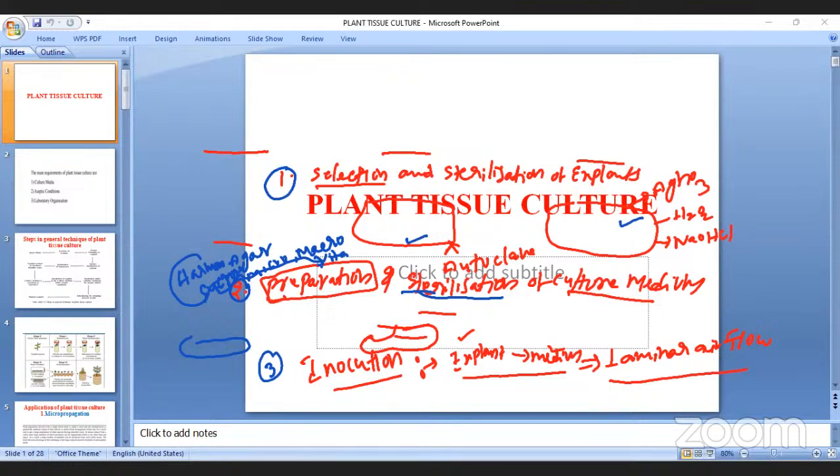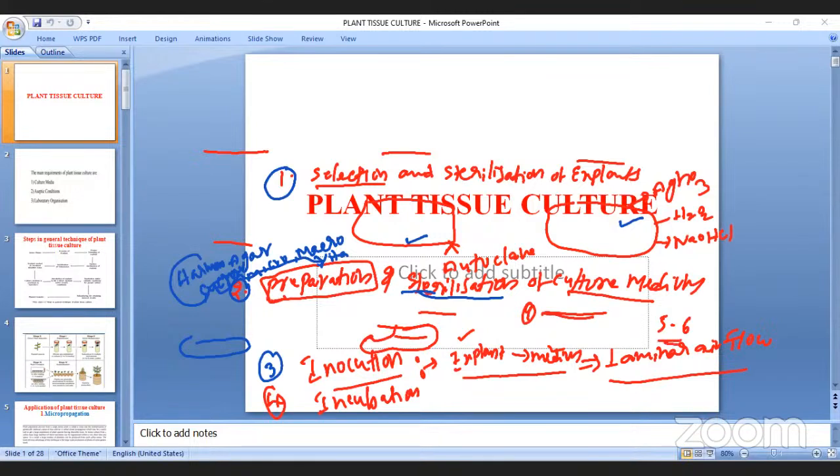Now the fourth step is incubation, under suitable conditions for proper culture. So cultures are then incubated in the culture room, where appropriate conditions of light, temperature, and humidity are provided for successful culturing. So that is the importance of incubation. It is incubated